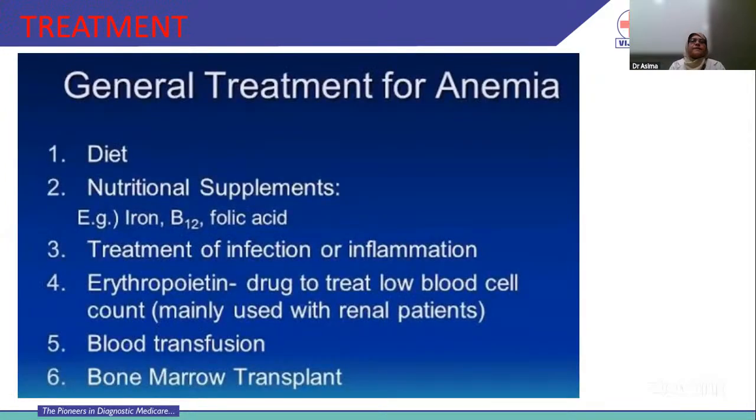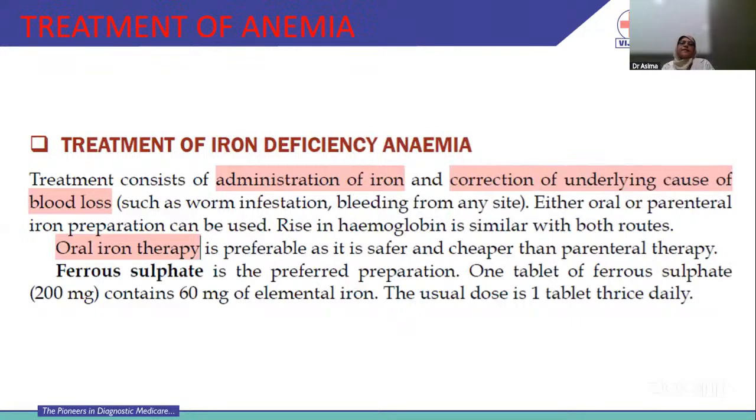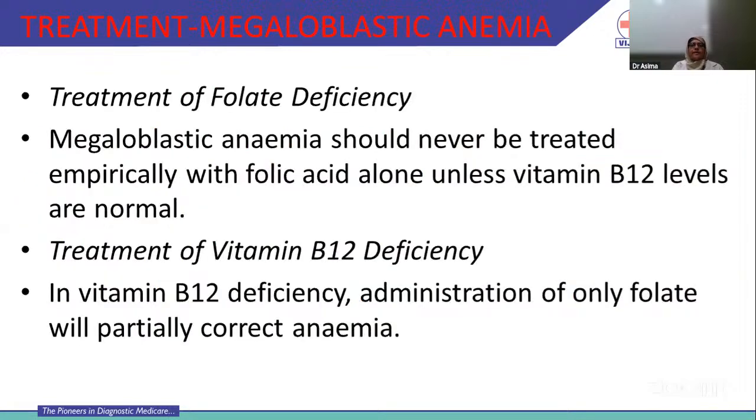So finally, the treatment of anemia. Mostly iron deficiency anemia is nutritional, and then prevention also. Prevention mostly will be advised by the physician. In pregnant females, this prevention is important. In cases of B12 and folate also, we have to supplement it during pregnancy.